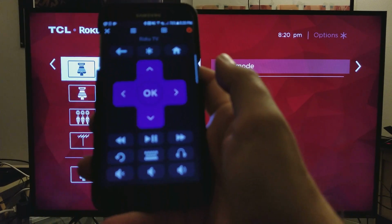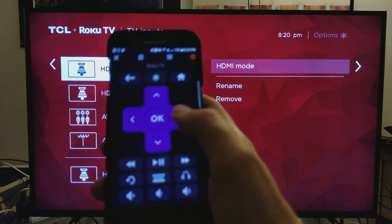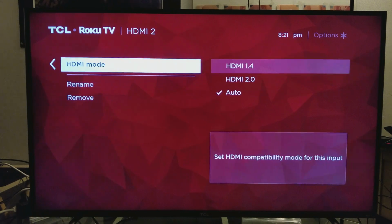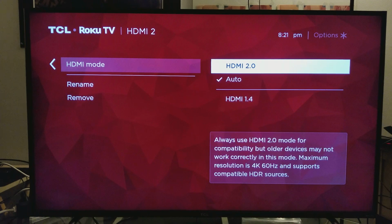We're gonna use my handy dandy remote, which is a cell phone remote, but it gets the job done. On this instance, I'm gonna go to HDMI 2. That's where my Xbox One S is connected. So I'll have to click on the HDMI mode, and then choose which one I would like, 1.4 or 2.0. Make sure you select 2.0 because I do have high-speed 2.0 cables. I think I got like 7 or 8. I might have 10 2.0 high-speed HDMI cables. So I'm gonna click HDMI 2.0,